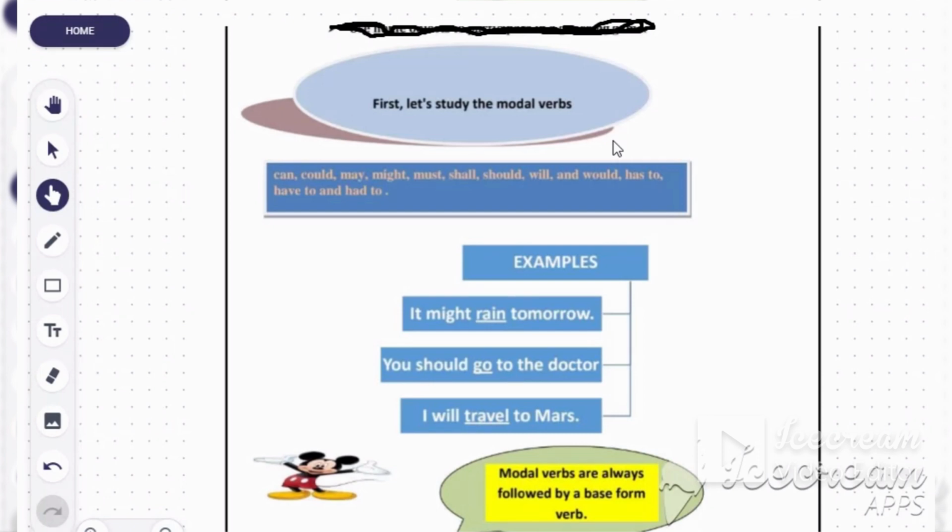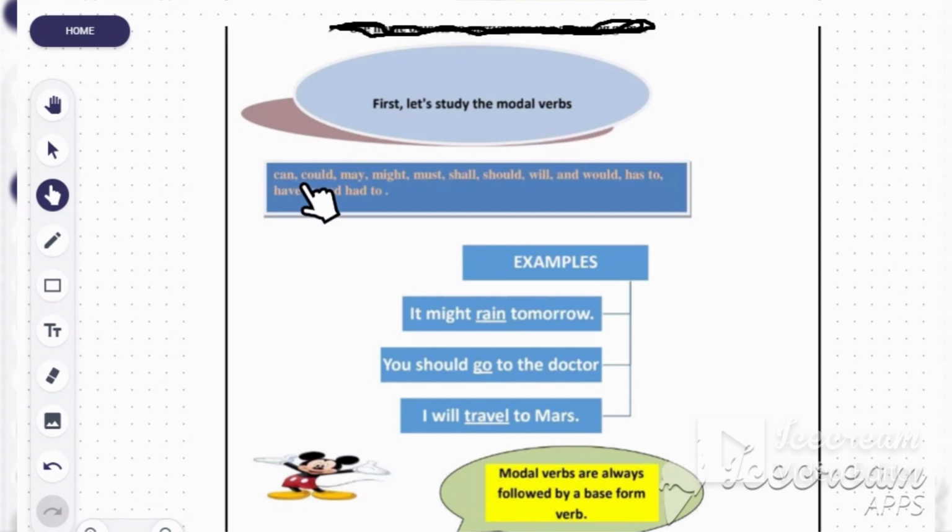لكن هاي الأفعال إلها صفة مميزة إنه all the verbs after them are base. إيش يعني base يا مس؟ أفعال مجردة. دائما الفعل بعد هاي الكلمات فعل مجرد. Excellent. الفعل بعد المودال verbs فعل مجرد وتأتي مع جميع الضمائر، مع I, we, they, you, he, she, it. أوكي؟ مع جميع الضمائر والفعل بعدها فعل مجرد.